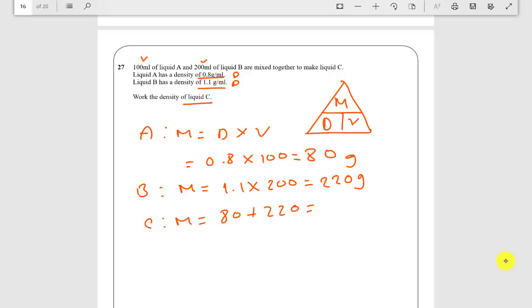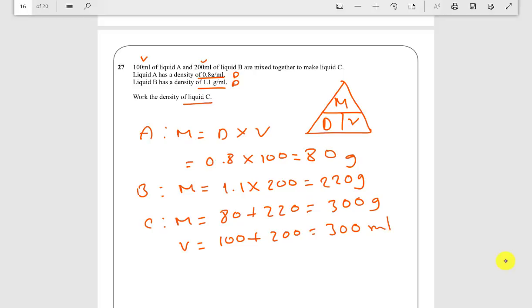That gives us 300 grams. And the volume of C is going to be A and B volume added together. So the volume of C is going to be 100 plus 200, which is 300